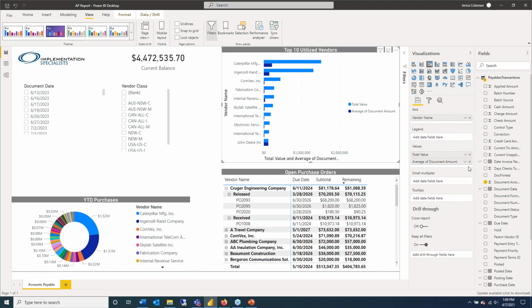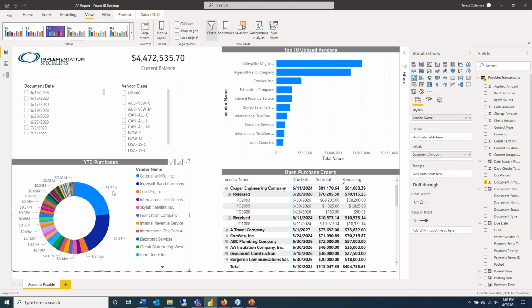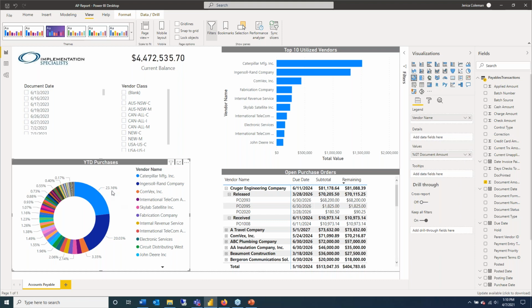So you can change those summarizations and then you can have multiple fields on your visual. Another thing that you can do with changing the summarization is instead of a value, it can be a percent of total. So when we look over here at these year-to-date purchases, let me make this a little bigger, we're seeing 1.52 million, but maybe I want that document amount just to show me we spend 50% of our spendings with this vendor. If I go down to show value as and percent of grand total,